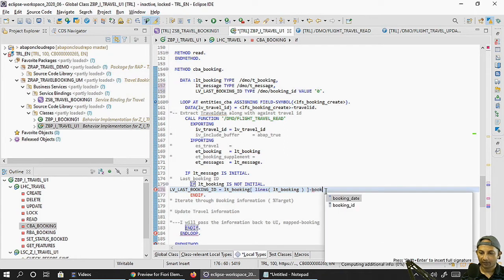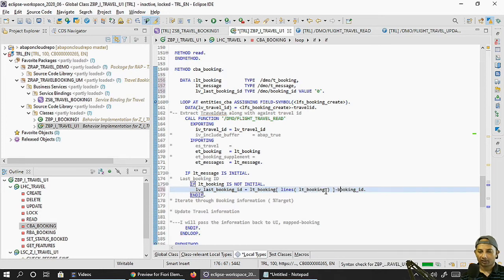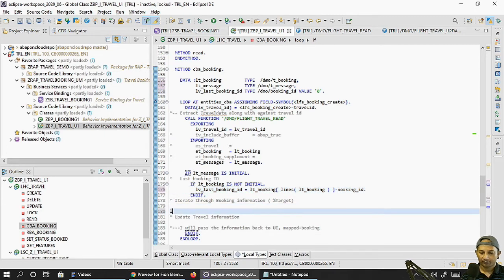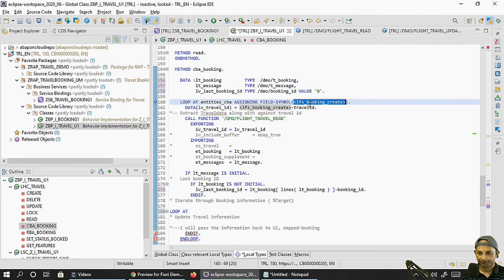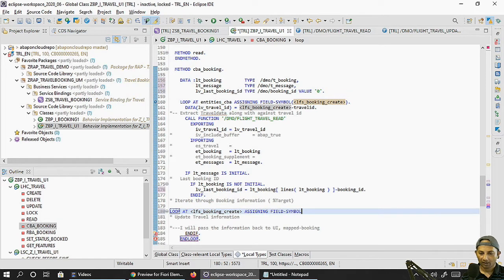Let's see, yes, it's done. Booking ID has been received. So after the booking ID has been received, what you have to do? Look at this target, because target contains the booking information.